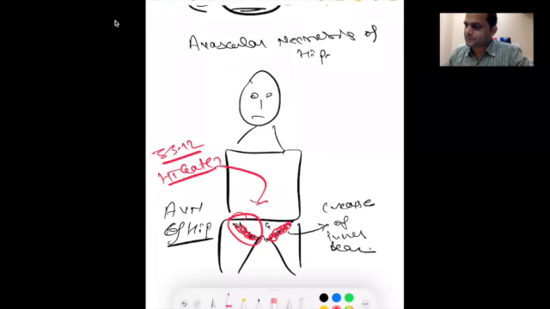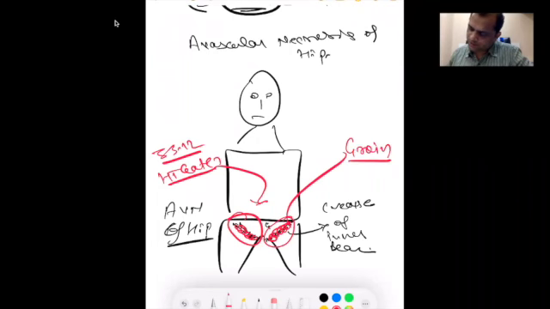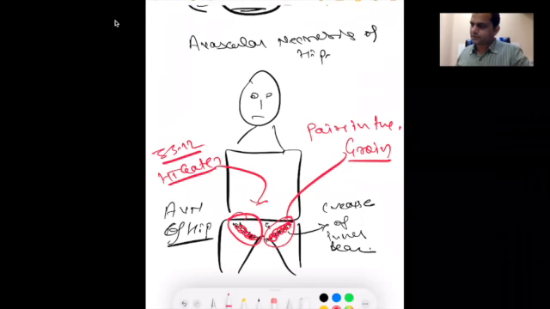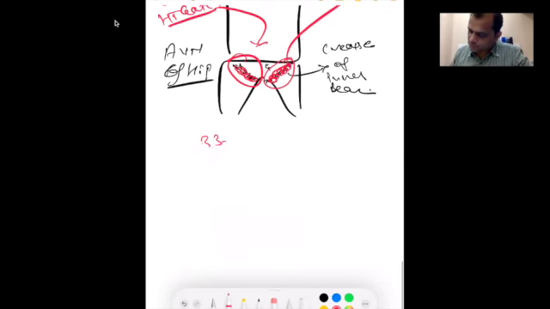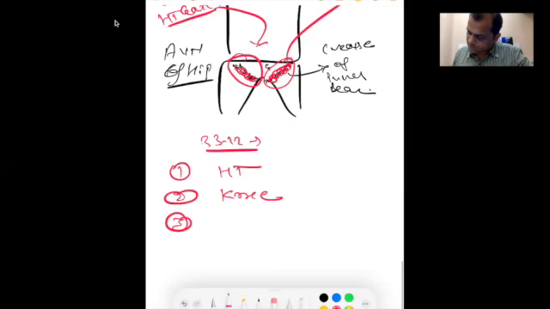And this point is especially effective for pain in the medial knee. And this part is called the groin. So we can say pain in the groin can be rectified by this point. So the indications of 33.12: number one, it is good for the heart. Number two, it is good for the knee. Number three, it is good for groin pain. And number four,